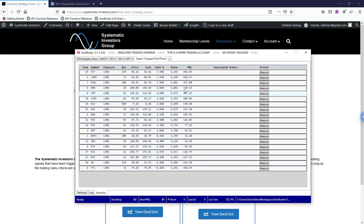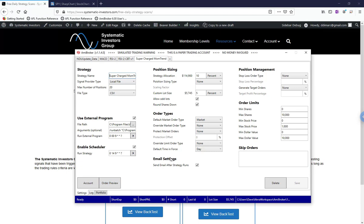You can see all the positions here. This one's up $456. One of them is down $350. So you can see that it's winning more than it's losing. And it's doing the trading for me, which is great because it removes my emotional biases in terms of executing every single day. Now that I've gone through that, the reason I wanted to trade these in